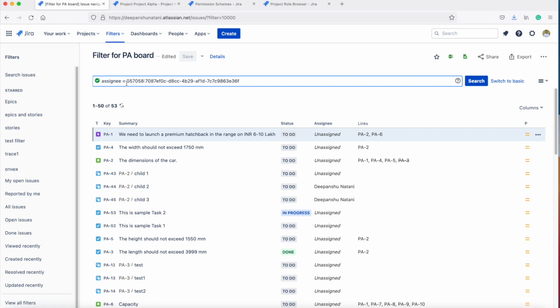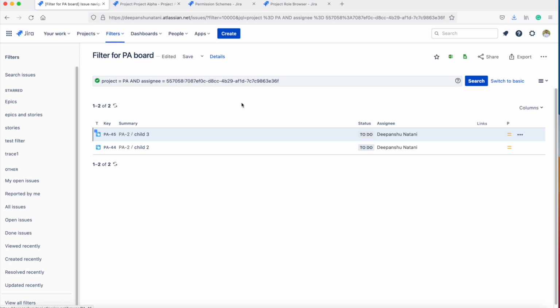Hence, a better query would be project equals PA and assignee equals this user. Now this query will be called a simplified query, since it is easily possible to determine the project on which it is applicable.